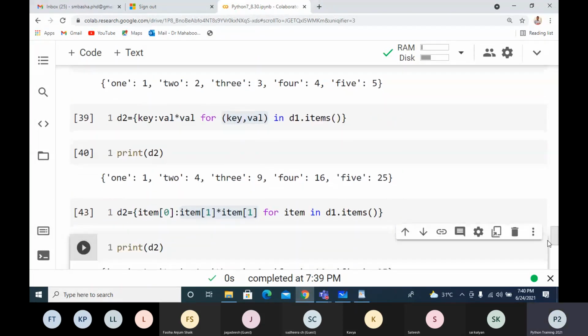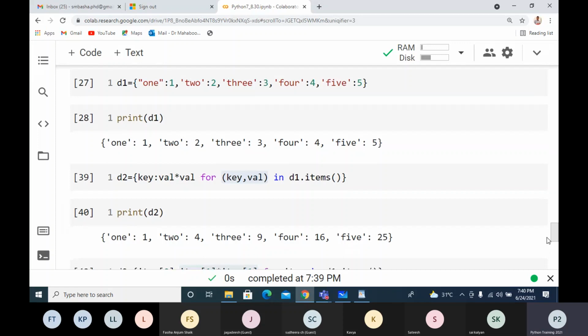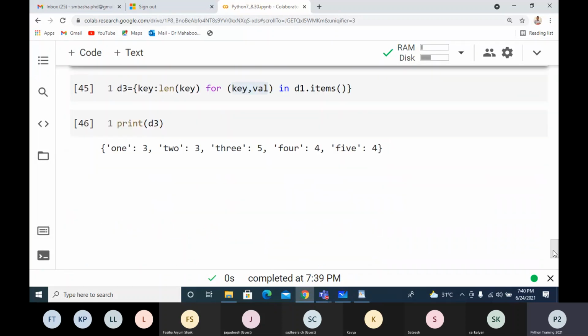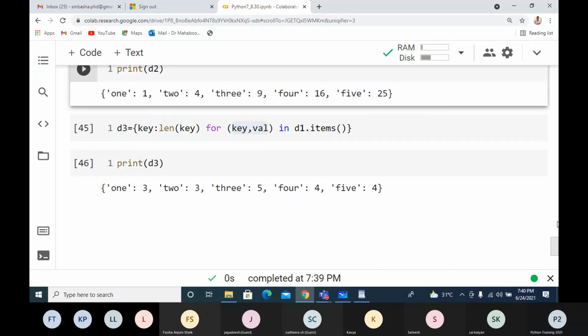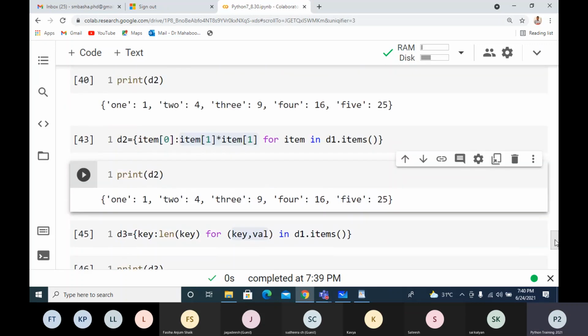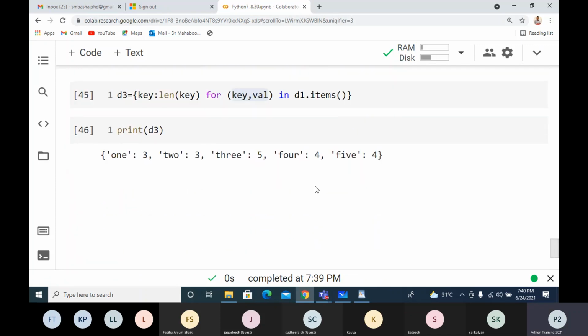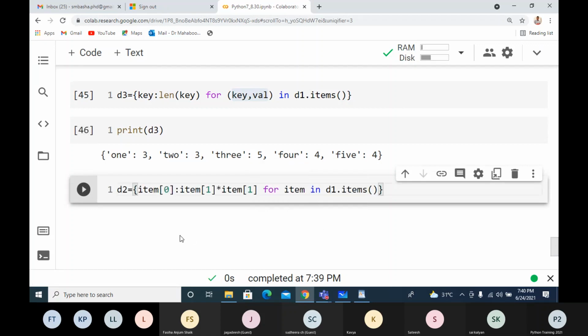Now suppose I want to change the digit as key and this one as value. I'll use one more example for that. My requirement is I want to make key as value and value as key. So here items, I'll take D4.